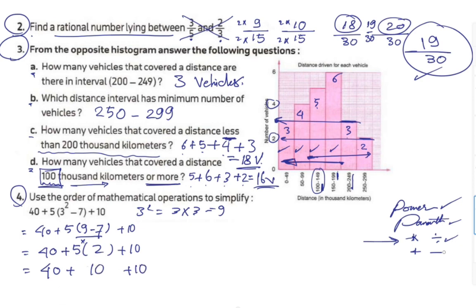We finished. Now plus or minus from left to right. All of this is plus. So if you add 40 plus 10 plus 10, equal what? Equal 60. Now we finished